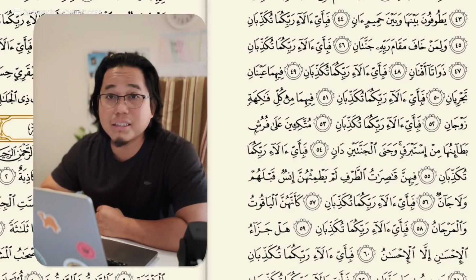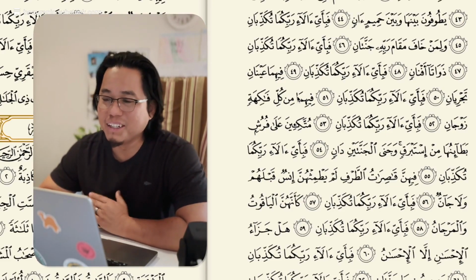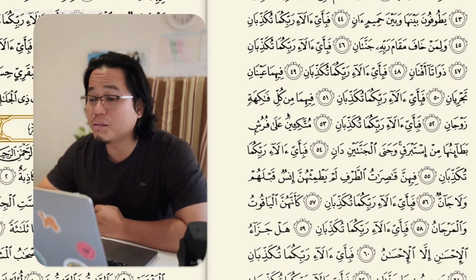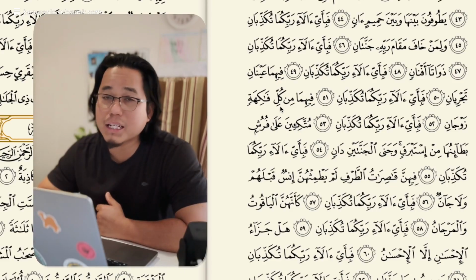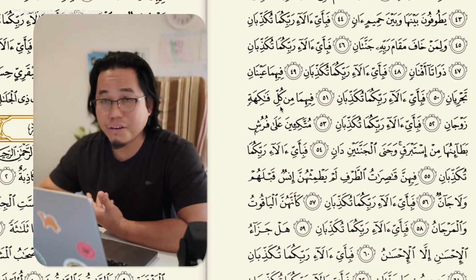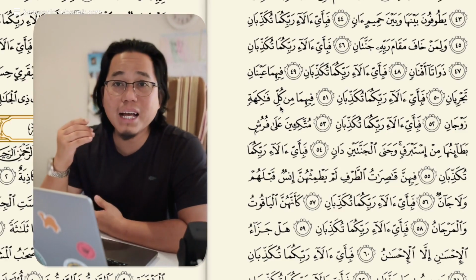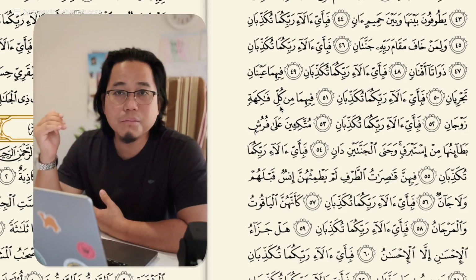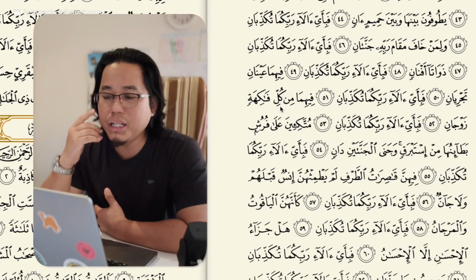Alright, now this is the tajweed of the week. Look at the nun sakin. There is no sign on top of it. That means you know that it's merging. It's going to be merging with the next letter kaf. Kaf is not yarmalun. Therefore kaf is ikhfa. Ikhfa. Ak. Min kulli. Min kulli. Alright.